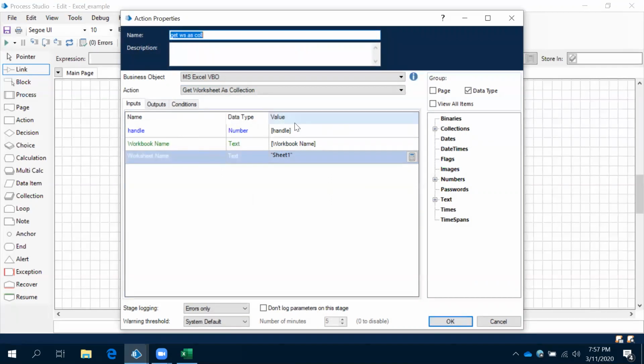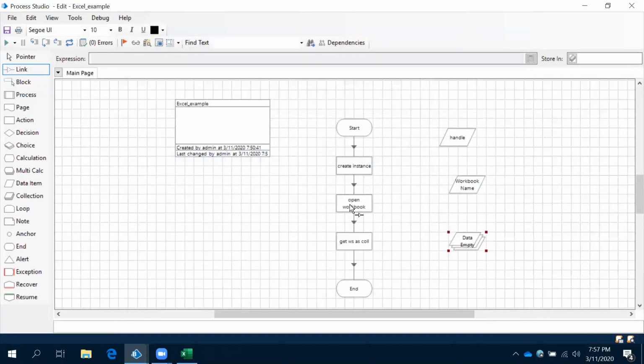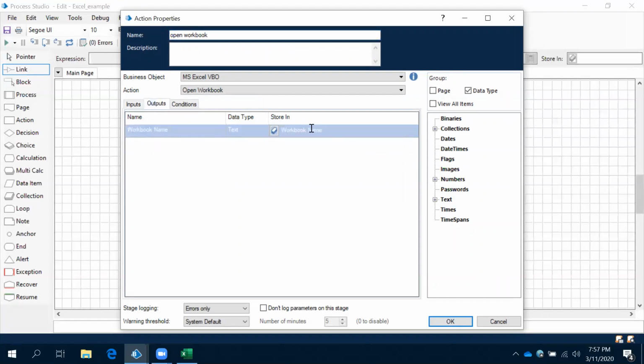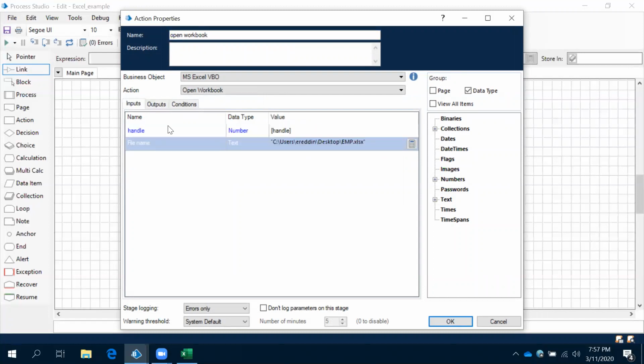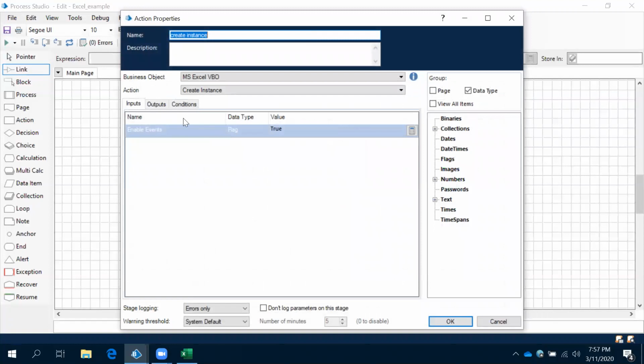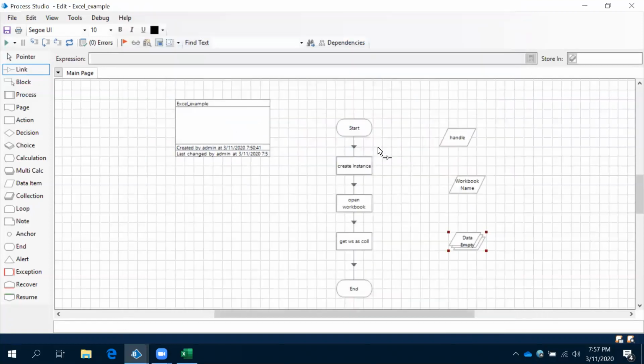No. Do you know the handle name? We don't. To get the workbook name, we use open workbook, whose output is the workbook name. As input, it asks for the handle and the file name. We know the file name, but not the handle. To get the handle, we use create instance. So always these three are in a sequence.